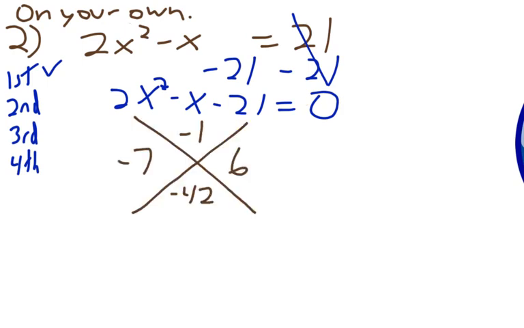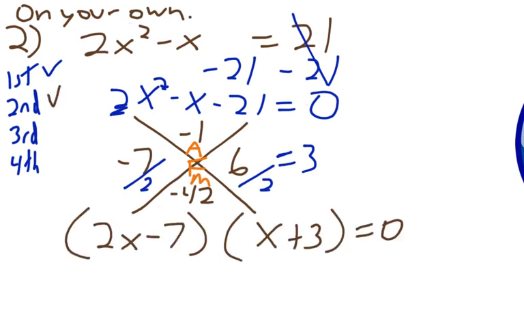Second step, we got our AFM. They add to negative 1. Our factors are negative 7 and 6, and it multiplies to give us negative 42. Next, we write it over our lead coefficient, so we get negative 7 over 2, and then 6 over 2 simplifies to 3. And then that 2 on the bottom just means that that's a 2x. And then I bring down the minus 7, and we have x plus 3 for the other one,